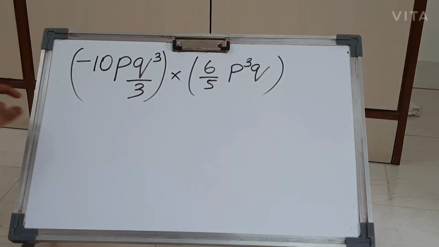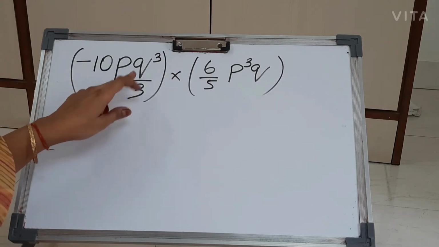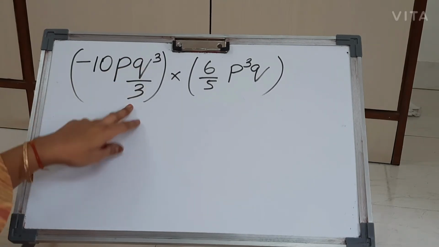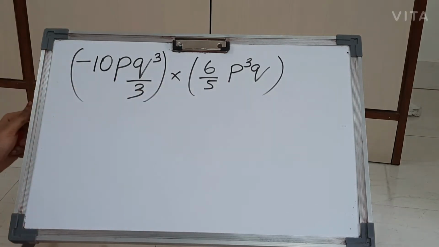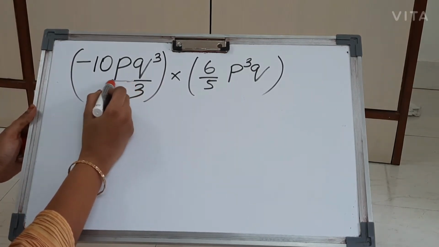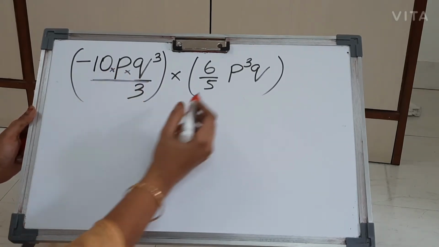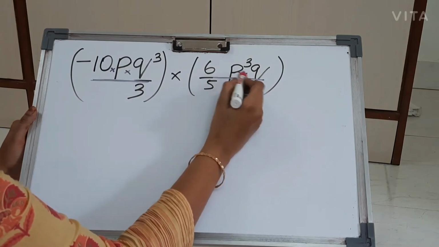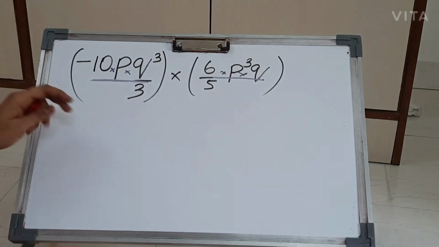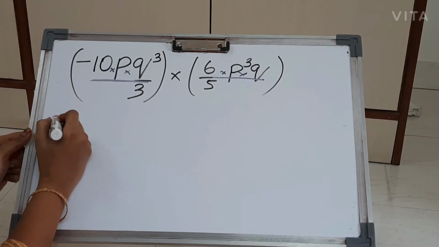Now the next question lies here. You can see minus 10 into p into q to the power 3 divided by 3 into this number. We have to understand here that this divided by 3 means it is whole divided by 3, because here all multiply is there. Same for this portion also. Okay. So first, the first step is we will take the sign, plus and minus,